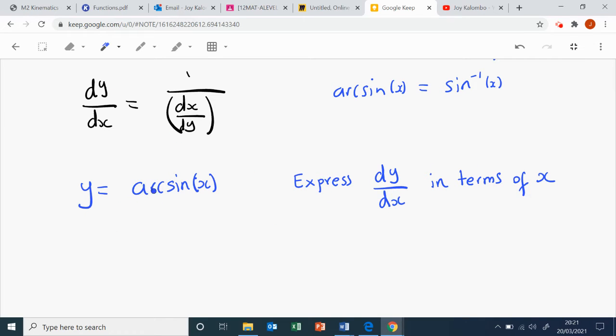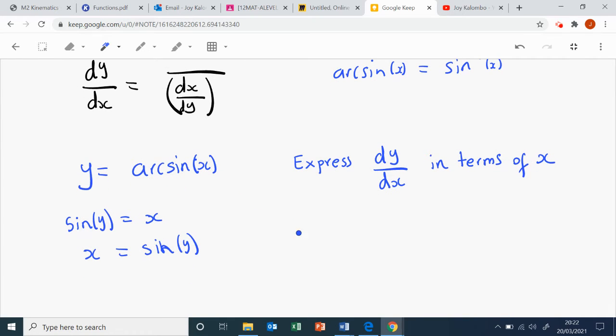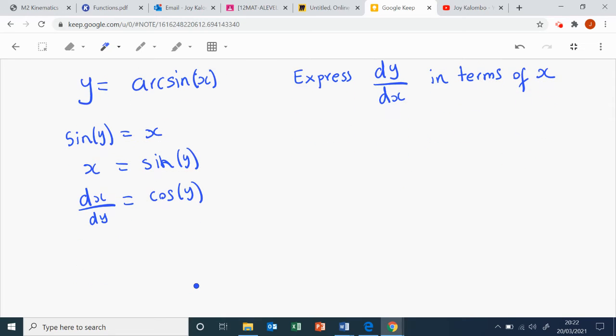Well, first of all, if arc sine of x is the inverse of sine, then we can take sines of both sides, right? So I get sine of y is equal to, if I'm taking the sine of the inverse of sine, then the sine and the inverse sine will cancel, leaving us with just x. So in actual fact, x is equal to sine y. So we have dx/dy is equal to, well, sine differentiates to cos, so that's cos of y,